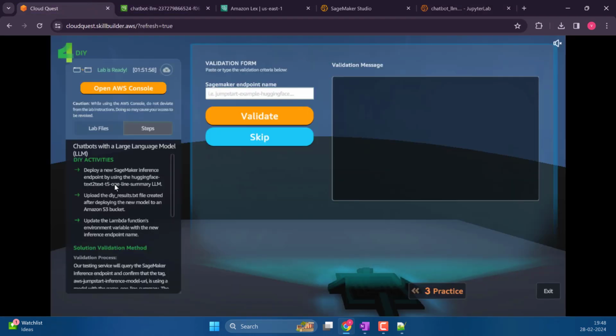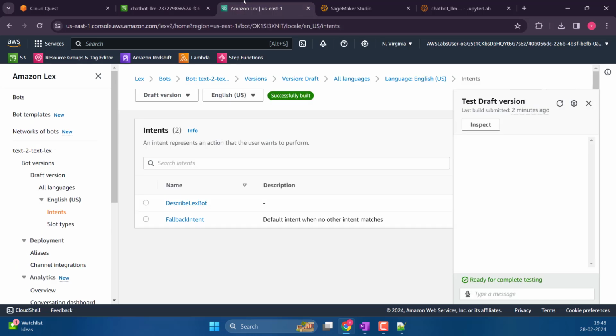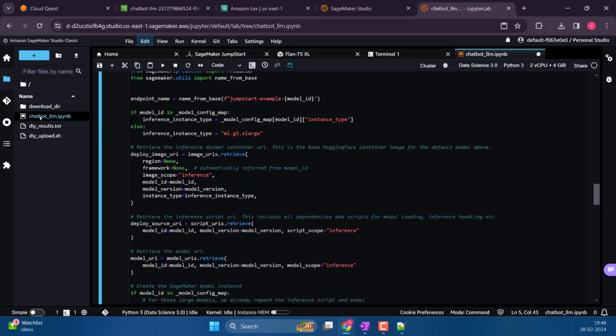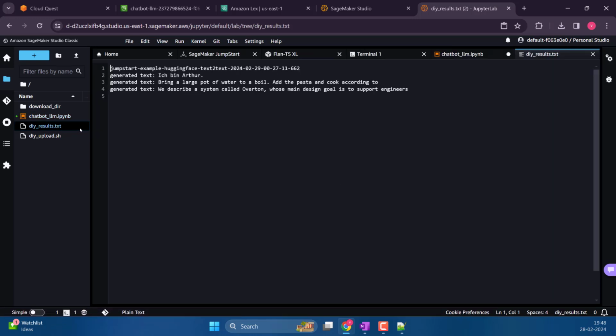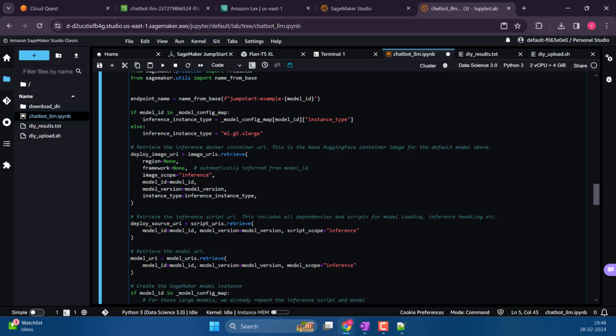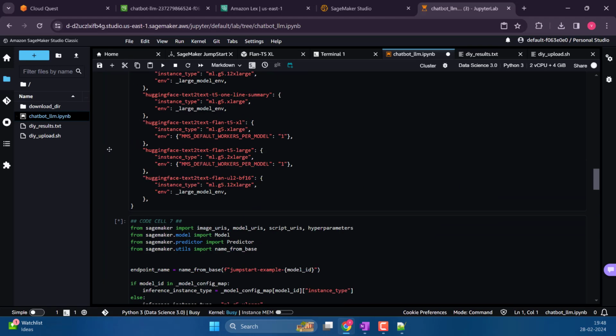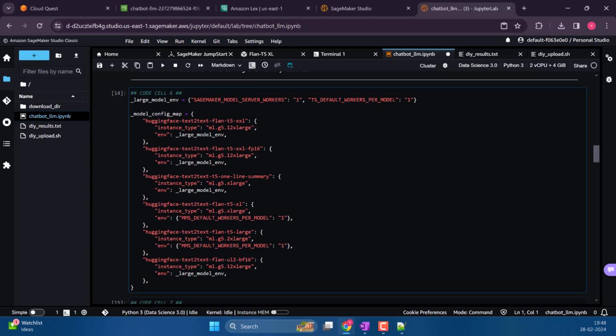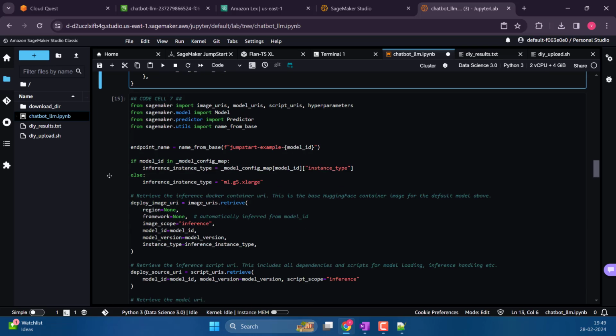Is there anything before I trigger that? Upload the file created. Where is this file? It will be created, but if it is created, why are we uploading it? Okay, this one. Okay, what does it contain? This just contains the example text, generated text. What is this? To upload? That's weird. Okay, we'll see. Okay, let's go ahead and run this. Same thing, similar thing we did, but this time, instead of this one, it is going to use this one. That's the model.